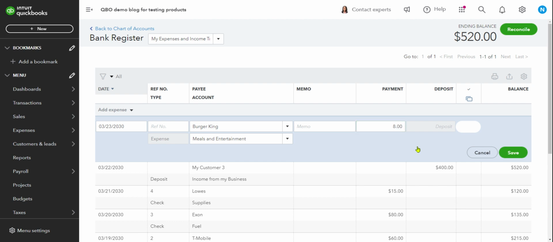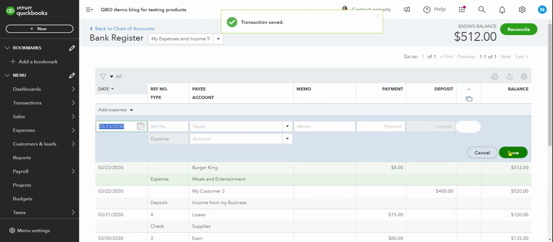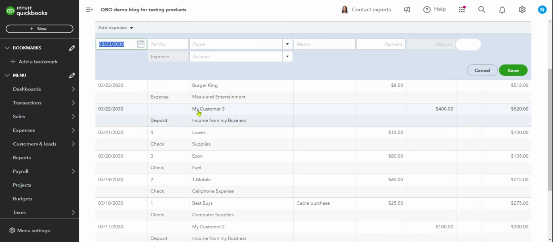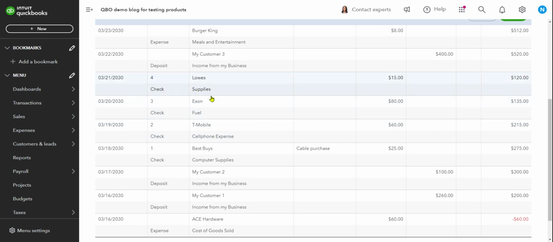Pretty cheap. Okay, save it. So you got some idea, you just use the same account for all. Whenever you go to Burger King, meals and entertainment, and whenever you have some deposits coming, income coming, just use the income from my business, which is the deposit account, and then you bought some supplies, which is expense, so